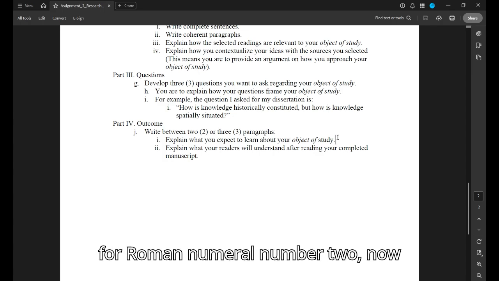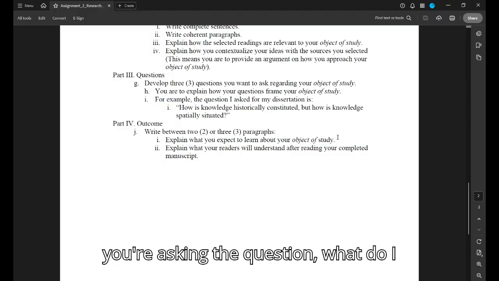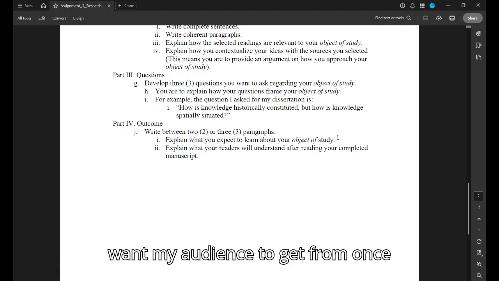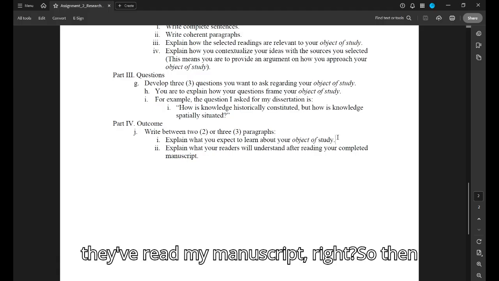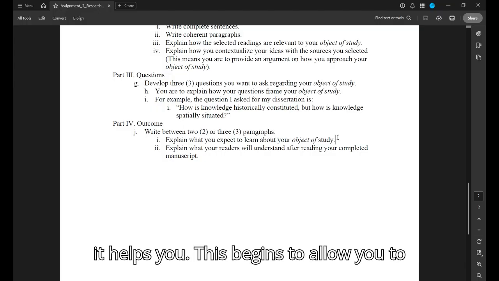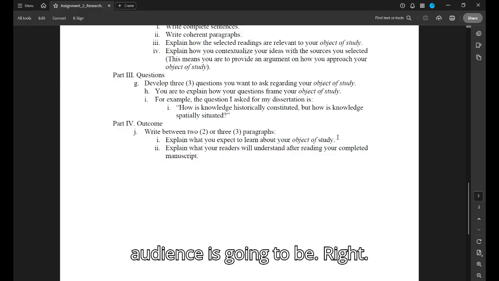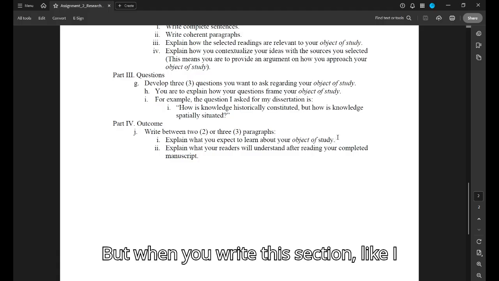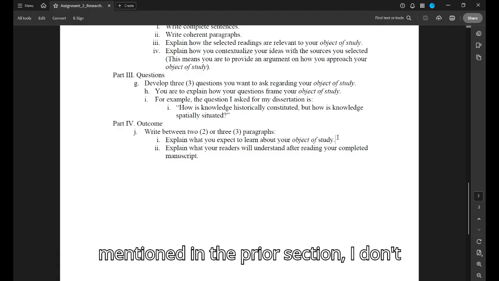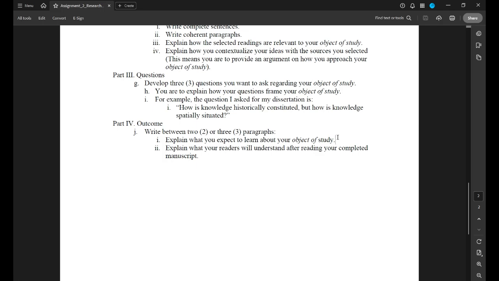Now, for Roman numeral number two, you're thinking about your audience and asking the question, what do I want my audience to get once they read my manuscript? This begins to allow you to imagine what your potential audience is going to be. But when you write this section, like I mentioned in a prior section, I don't recall which one, it might have been the lit review section video,